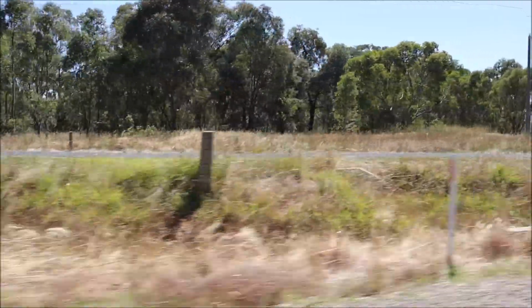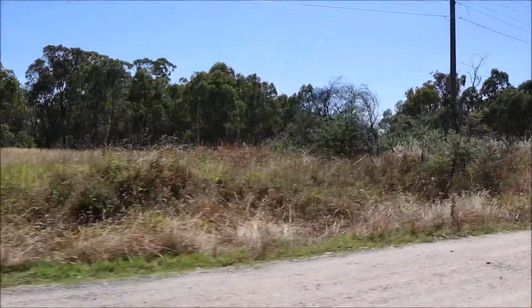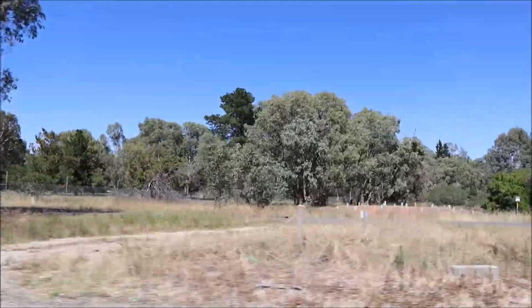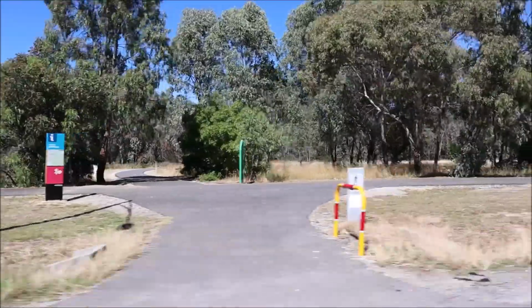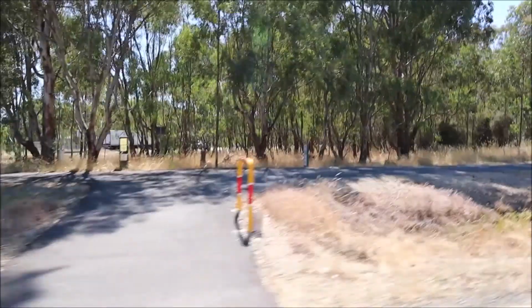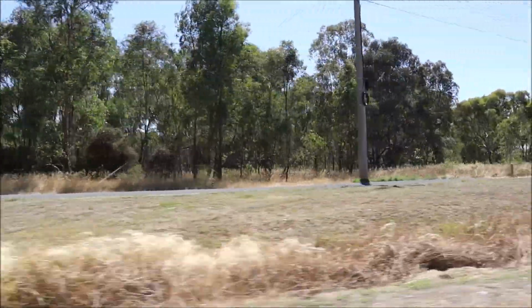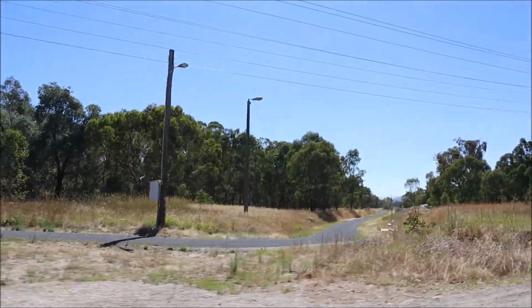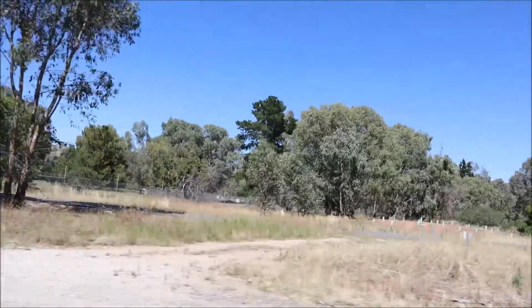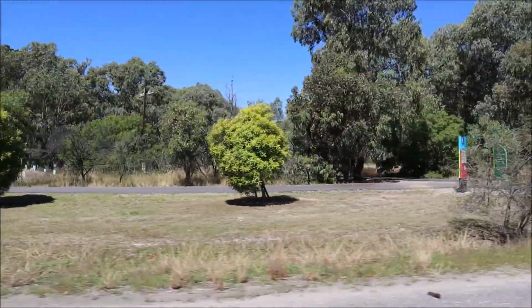Okay, so once again, what I'm about to go over may not look like much, but this is where the Tallangatta line crosses the Kiewa Valley Highway, just there. And I'll go over it twice as well. You'll get two clips of both sides. Here's the other side. This is where it crossed over the Kiewa Valley Highway and continued just down the road. So now we're going to go back over this side, facing away from Wodonga. And you can see there, in just a second, any second now, just there, that this bike path goes on for a long time. And yeah, it really does go on for a really long time. So that right there is the Tallangatta line, and where it basically crosses